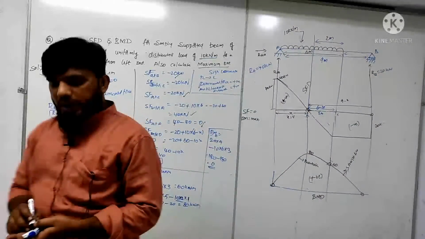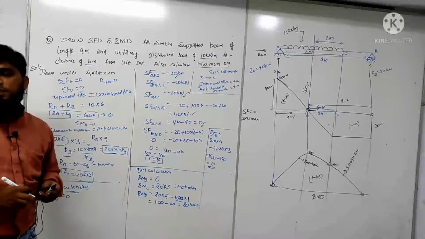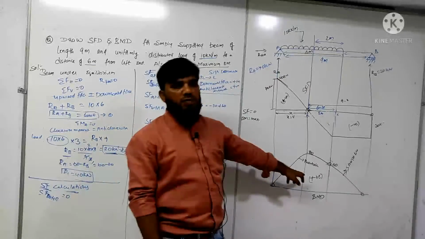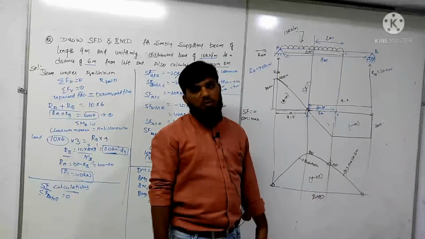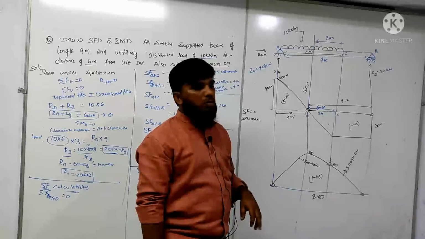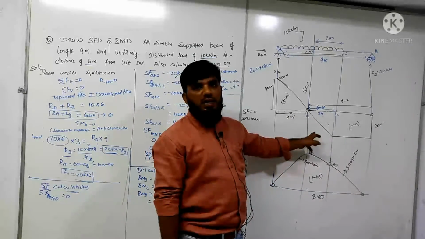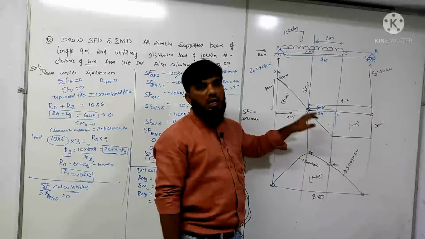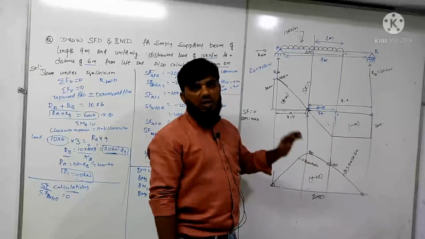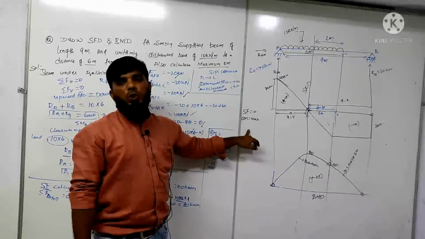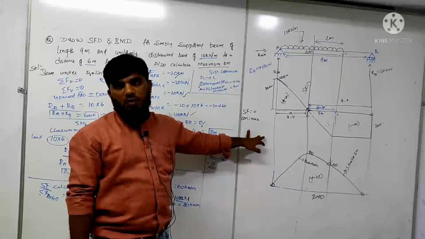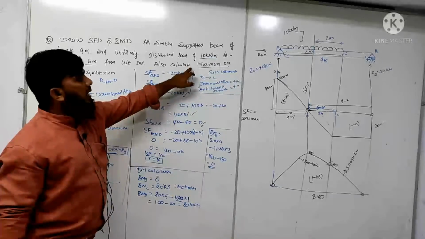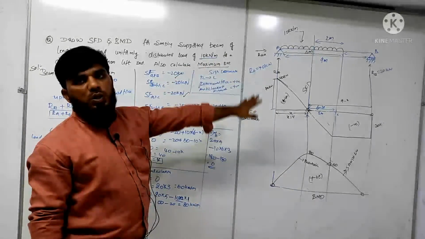So in this way we are able to solve the shear force and bending moment diagram for a simply supported beam, and this is the procedure of calculating the maximum bending moment. For identifying the maximum bending moment, you should know where the shear force is becoming 0. The point where shear force becomes 0, at that point your bending moment will be maximum. The question clearly mentioned calculate bending moment. In this way you have solved.